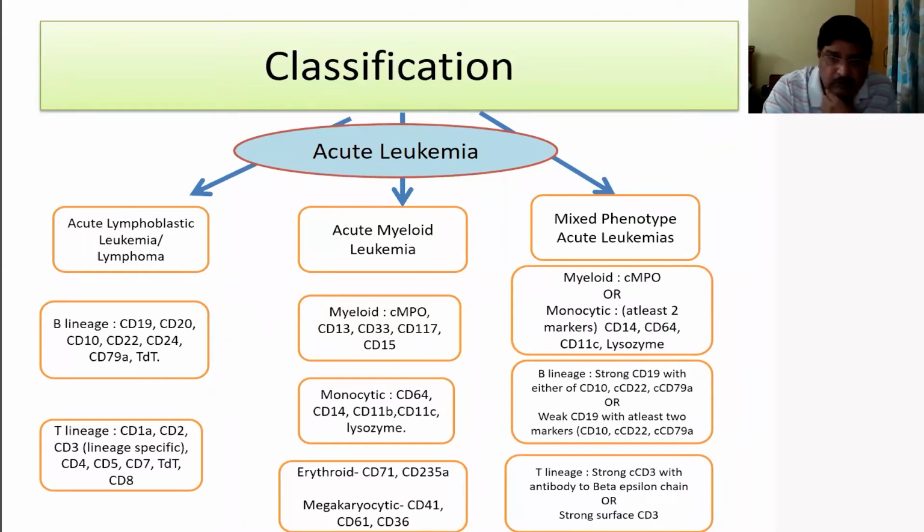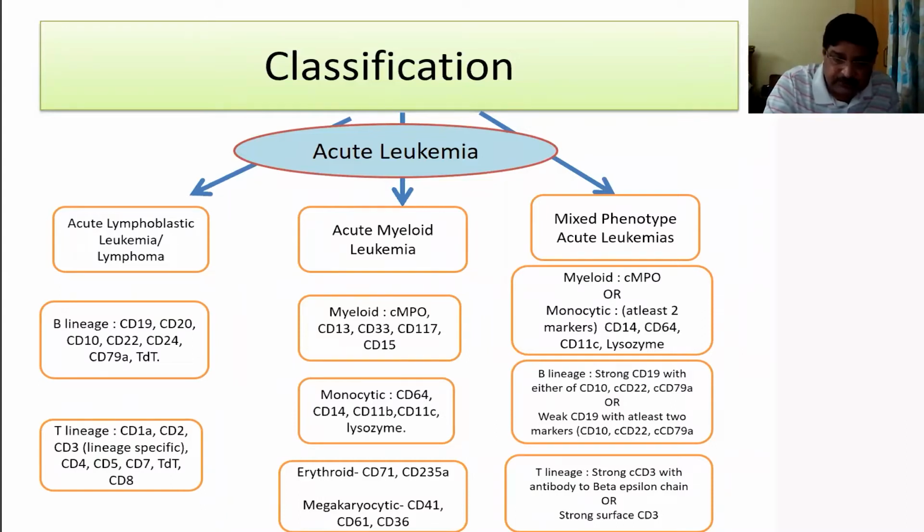When you switch over to acute myeloid leukemia, you have myeloid markers, which are nothing but cytoplasmic MPO. You can have CD13, 33, which are maturation markers. CD117 is a marker of immaturity, and CD15 is a marker of differentiated granulocytes. Many of these myeloid leukemias have a monocytic differentiation. When you have a monocytic differentiation, you have the monocytic morphologic characteristics. In addition to that, you have the monocytic markers by flow cytometry, which are positive for CD64, 14, 11B, 11C,